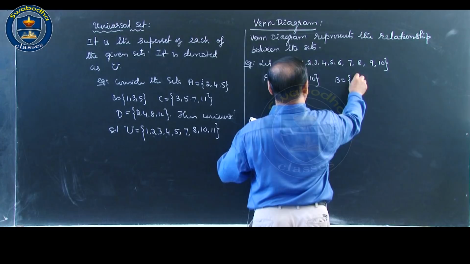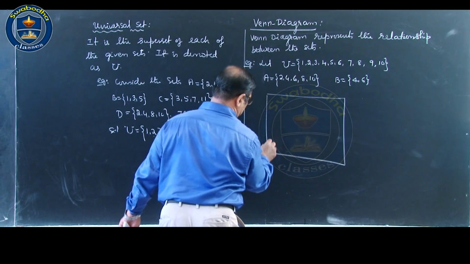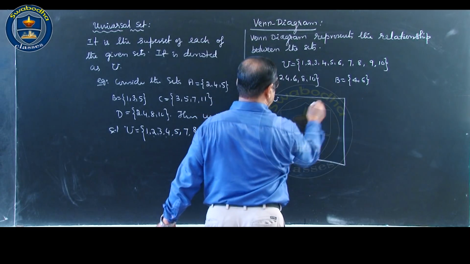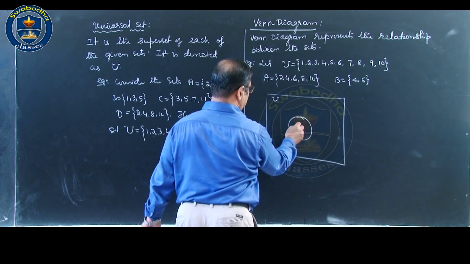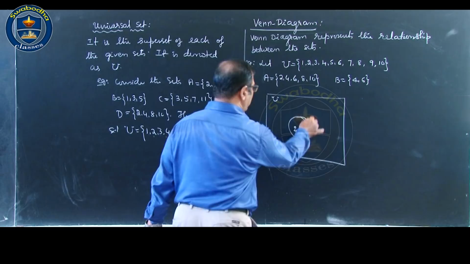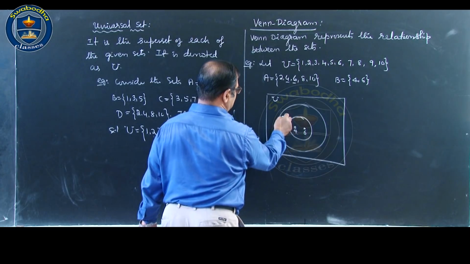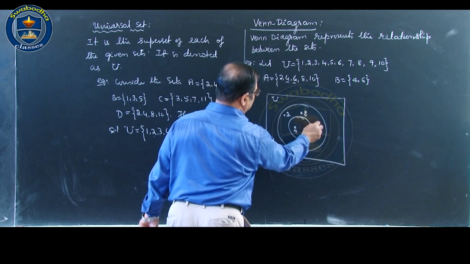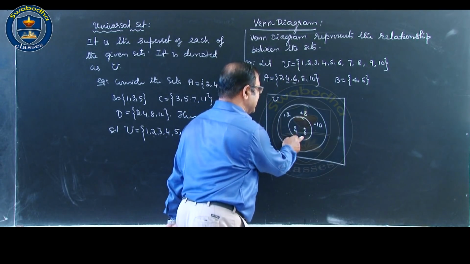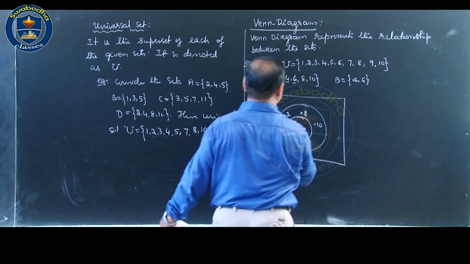ಈಗ set B is 4, 6. So let us consider the Venn diagram. ನೋಡಿ, this is U, the biggest set. ಈಗ B is, see, let us consider, ಏನು B, 2 elements are there, 4 and 6. ಈಗ ವಾಟ್ ಅಬೌಟ್ A? ನೋಡಿ, A, 4 ಮತ್ತು 6 ಆಲ್ರೆಡಿ ದೇರ್. ಸೊ 2, 8, 10. It is there in the set A. ಅಂದರೆ 4, 6 is a subset of this. See, B is a subset of A. Okay, what is B? It is a subset of A.